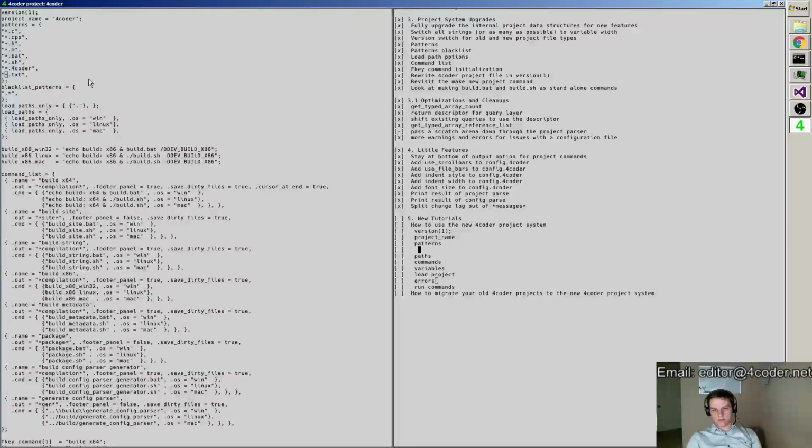There's the pattern list, like I'll call it the white list, and the black list. Under paths, there's the OS list. Matching OS list, OS matching. Then there's